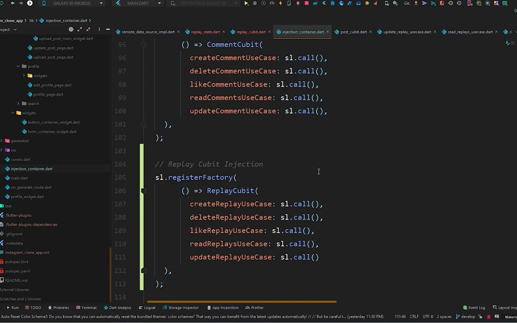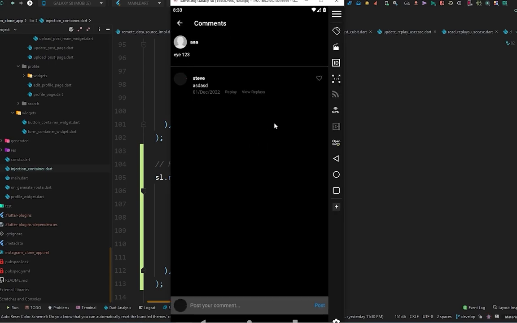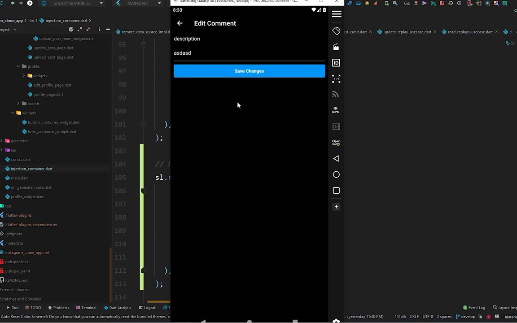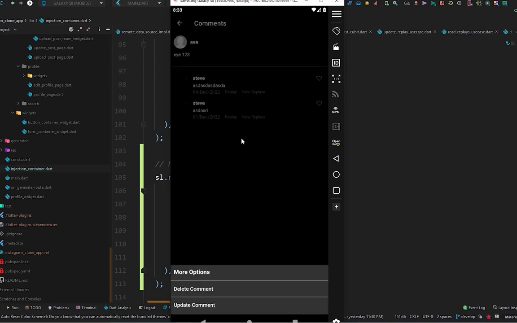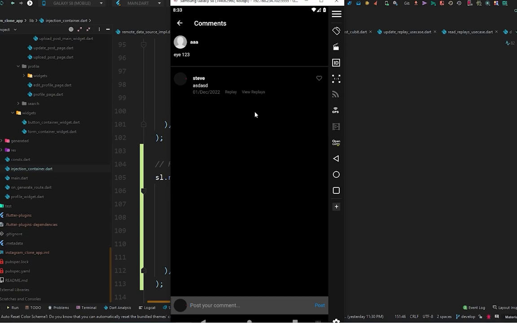Now it's time to go and utilize these methods in the UI. First of all, let's check the emulator. In the emulator, in the previous videos of the comment, we got that comment here. We can post this comment like this. We can like the comment, we can unlike the comment, we can update the comment like this, and we can also delete the comment. And now it's time to implement the reply feature, or utilize the methods of the reply